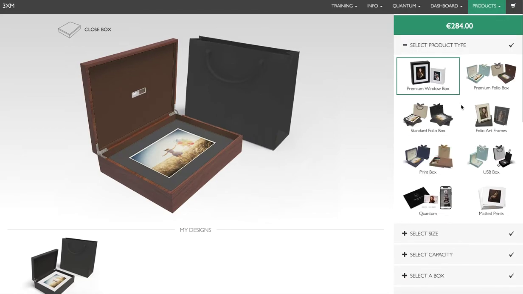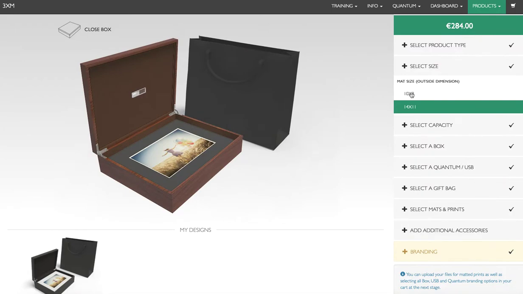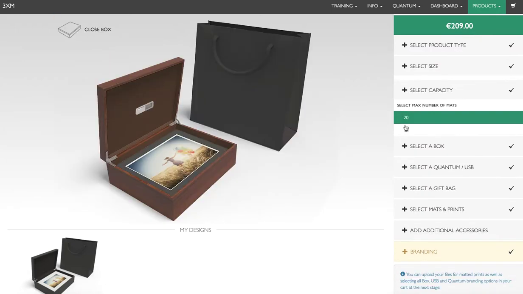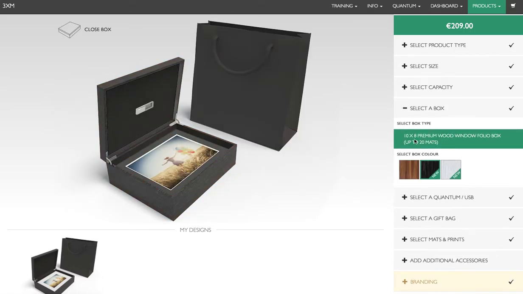And we're going to select the product type. So this is where you would change the option for the various folio boxes that we offer. And we're going to choose the premium window folio box. That is our best selling product. And then you can opt for the 8x10 size or the 11x14 size. And we're going to choose our capacity, so we go with 20 matted prints, and then we select the black